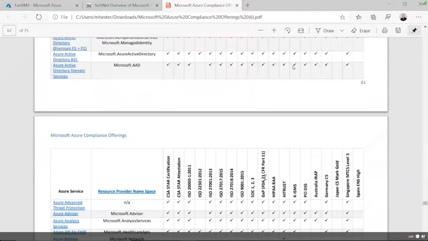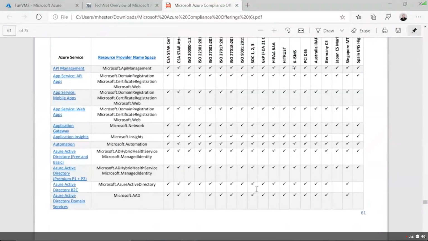So just because we say we have a compliance for Azure Government doesn't mean all the services inside of Azure have that as well. Now, you'll notice there's a lot of checks, which means generally we do try to certify everything, but sometimes a service doesn't meet those standards or it's not going to be using those standards. Understand what compliance is important to you. You have to understand these compliance offerings and what we can do. So even before you start to design a solution, if you have a certain governmental compliance that you have to adhere to, do a quick research. Check this document to make sure the stuff you're going to use falls in compliance.